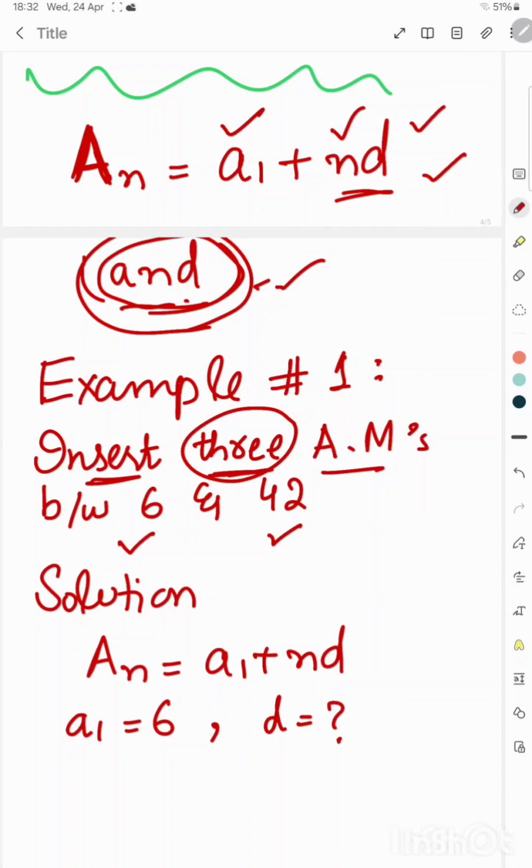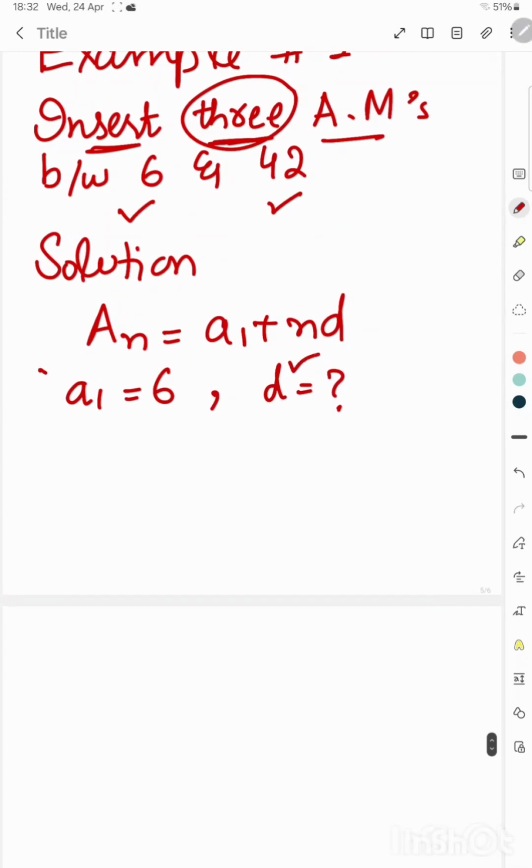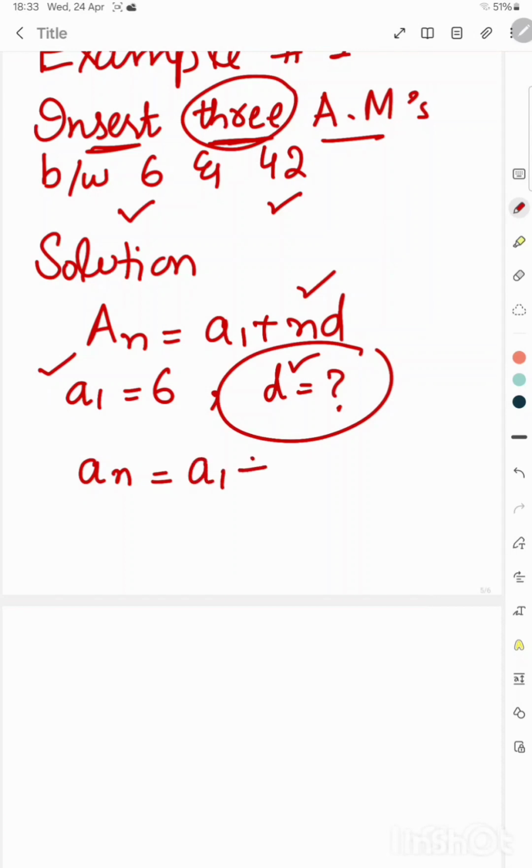For this, what will we do? So student, remember, whenever any term is missing, for example if d is missing, if a1 is missing, if n is missing, you will always use the nth term formula. Remember that key formula. I told you in the previous video that this formula will be used in approximately every question. So here d is missing, so we will take help of the nth term formula, which was an is equal to a1 plus n minus 1 d.